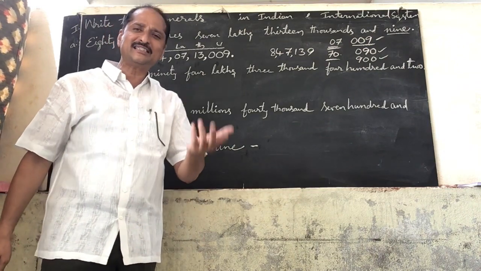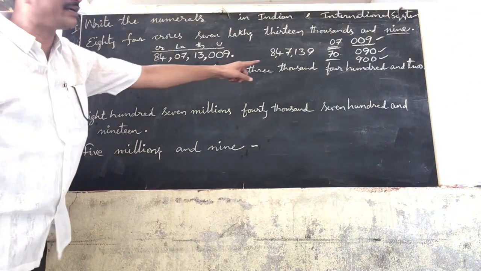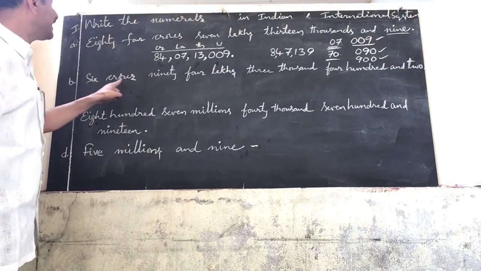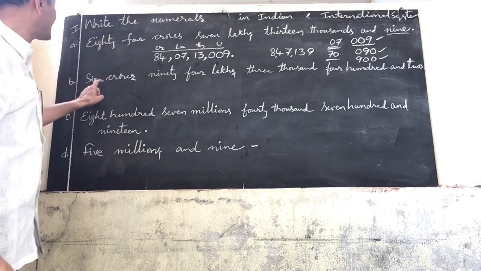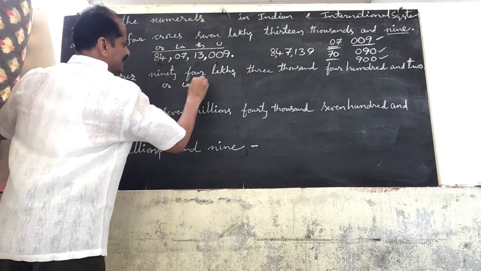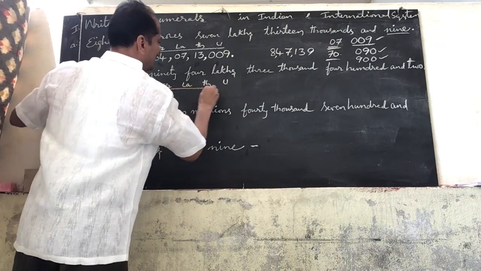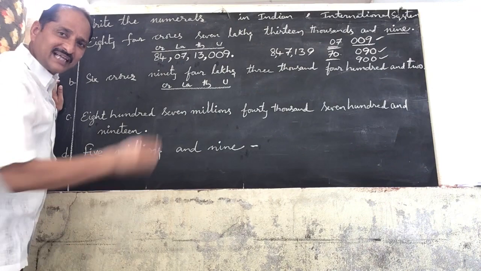And coming to international system of numeration, it is very easy for us. And here also one more example is given. This one you check carefully. 6 crores. Again from crores. Next one than crores, lakhs. Next one than lakhs, thousands. Next one than thousands, units. Now you have to write down the numbers under these periods.